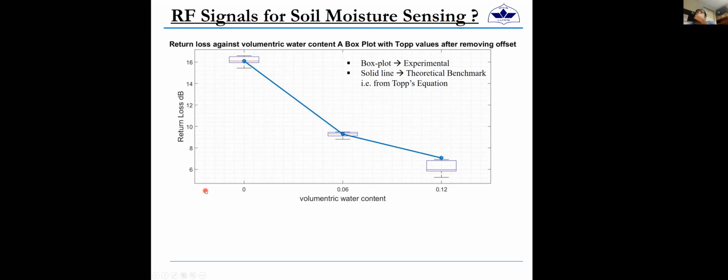ठीक है, so this tells us कि आपके पास जो experimental observation है, which is in the form of box plot, और जो theoretical prediction है, which is in the form of this blue curve, so they are in close agreement for at least this range of soil moisture. So this range is from dry soil to 12% of water content. So this is enough range for most of the applications,